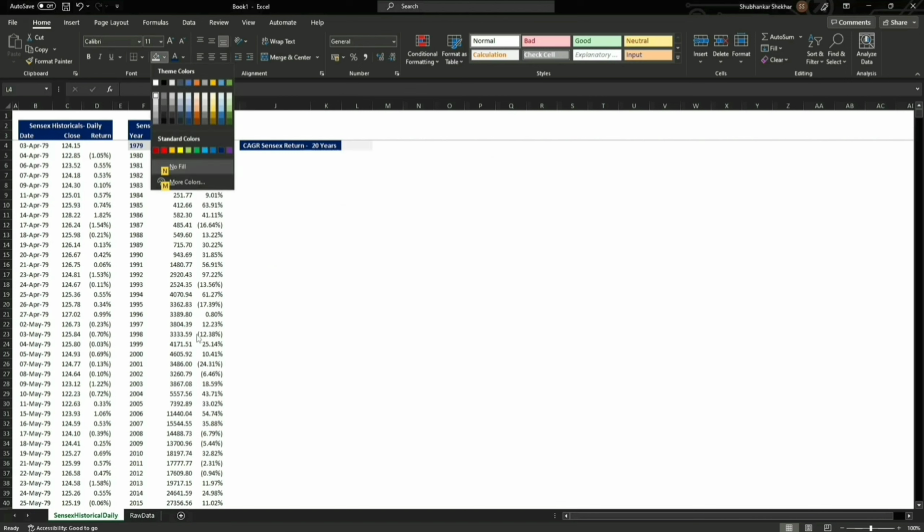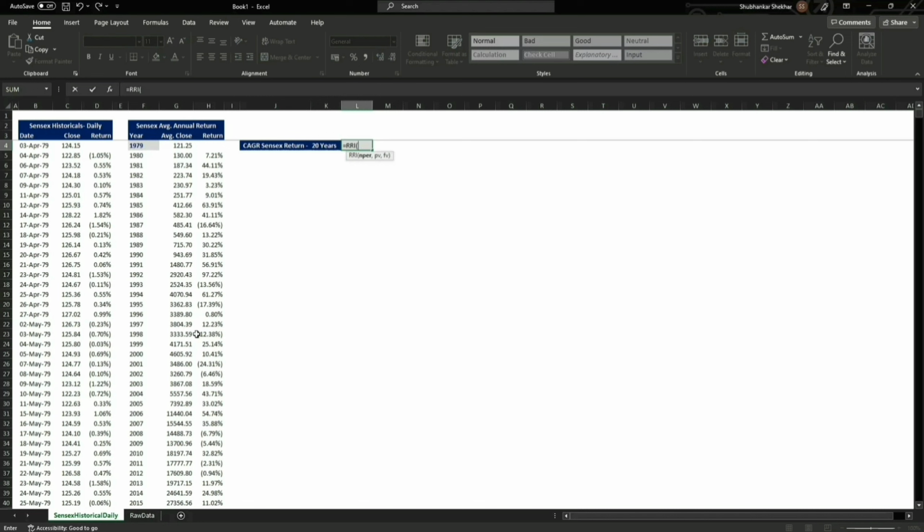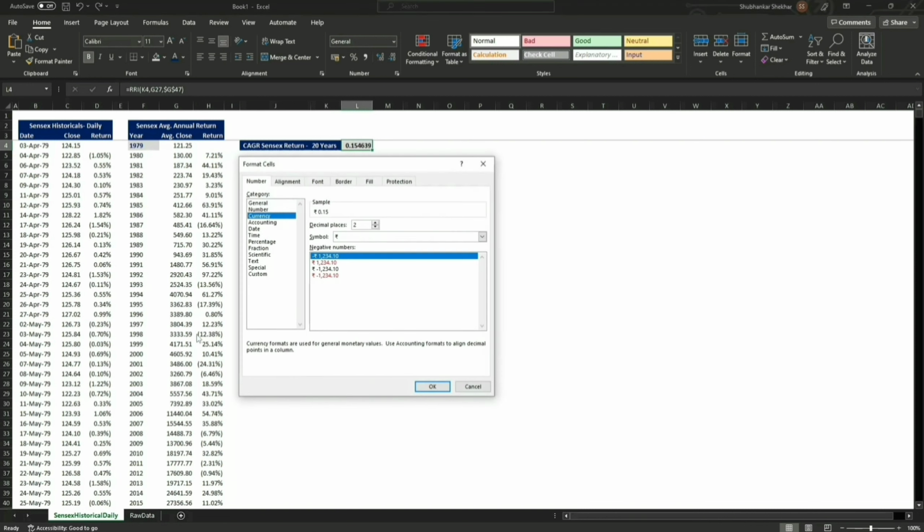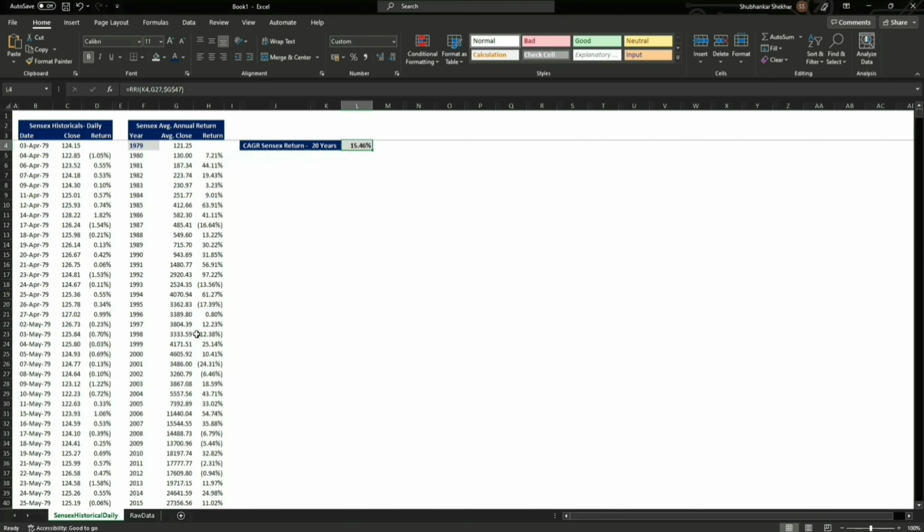And here we are going to highlight this, and here we are going to use the formula RRI to calculate the CAGR, and right, the present value, the future value I'm going to anchor. I'm just going to copy the number formatting and paste it here, right? 20 years, 15, 10, 5, right?